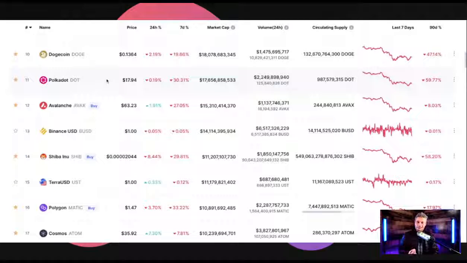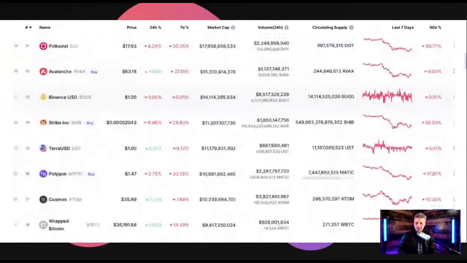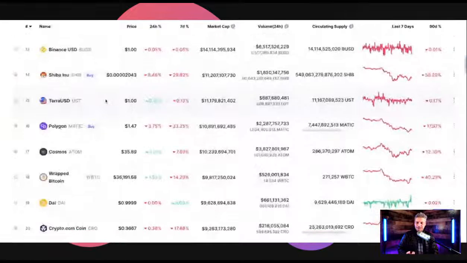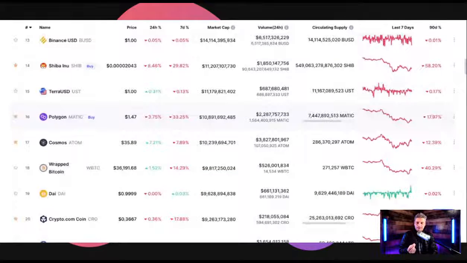Thankfully, I was trickling out of my Polkadot before we started this channel, when Polkadot was around the 41 to 42 range. And then I was cost averaging out back down so that I can be ready to go back in again. I feel good about those positions, that I was disciplined enough this time around to stick to my guns. What I'm going to try to teach you is what I have learned myself and what is working. It's not foolproof, but it's spreading out your dollar cost averaging to a smaller degree.